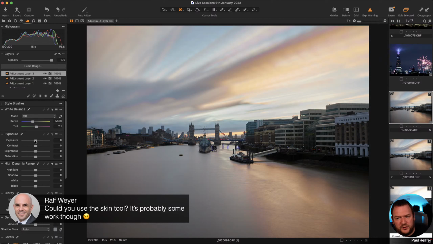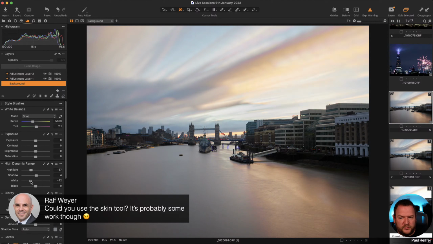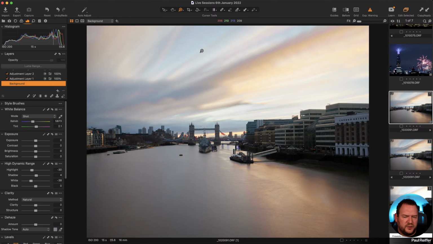We can also, with that top layer, undo some of our highlight recovery so we can make it less obvious, because obviously that recovery is what's driving some of that detail to be so obvious. But it's definitely worthwhile trying to work out what happened there, because it worries me when I see things like that when they come back into Capture One from being out there. What caused that recording of that image to be that way? It's a bit odd.